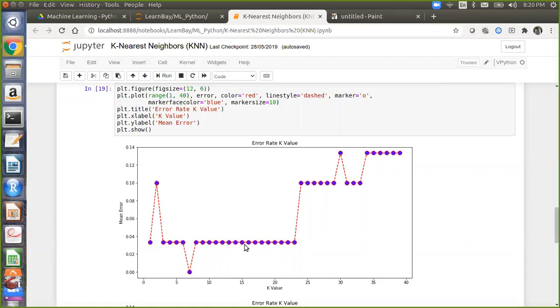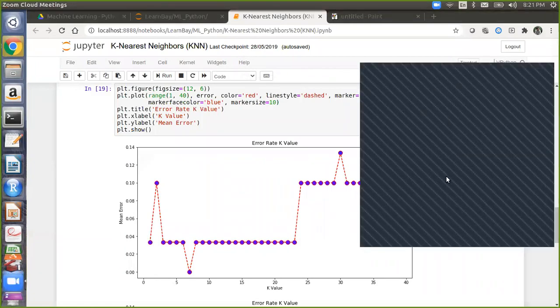Now in this graph, if I have to select a number of neighbors, which one will I take? 10 to 15? No, you have to tell me one. Will you be taking all of them or only one? 15, okay. And other people, what are your opinions? Abhilash, Prakash, 5 to 20, Surendra? No, you can take only one, not 5 to 20. You can pass only one value into nearest neighbor. So which one will we finally take?